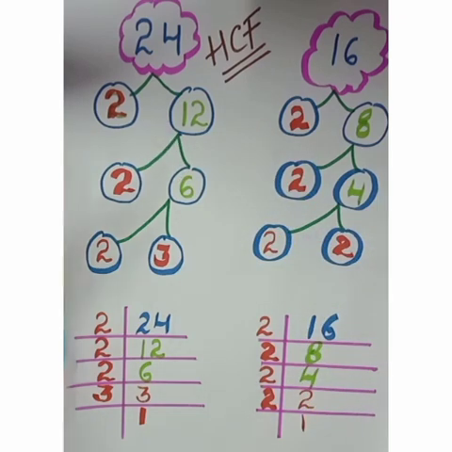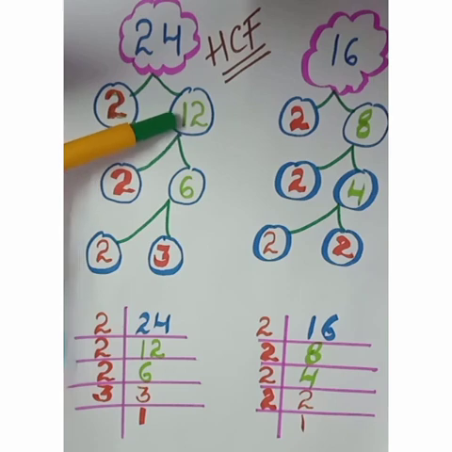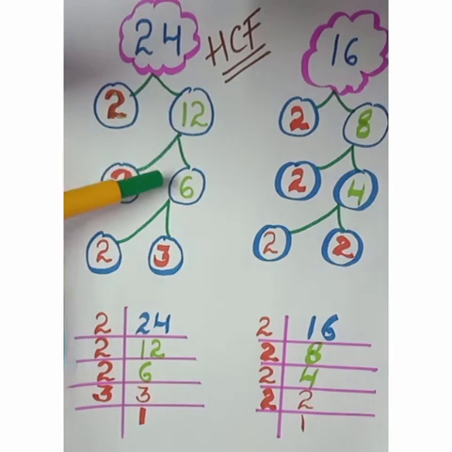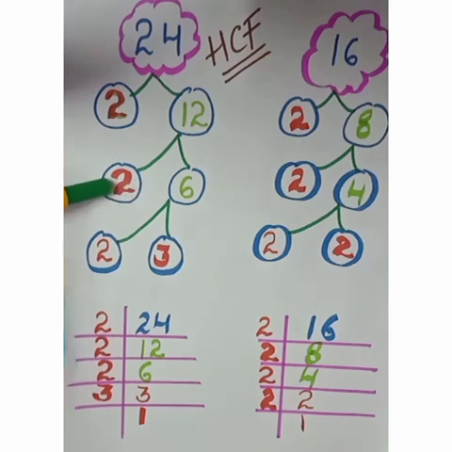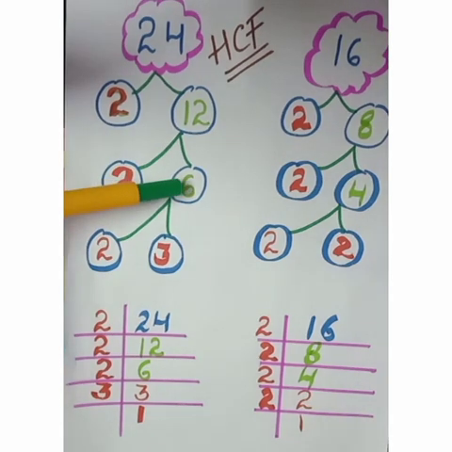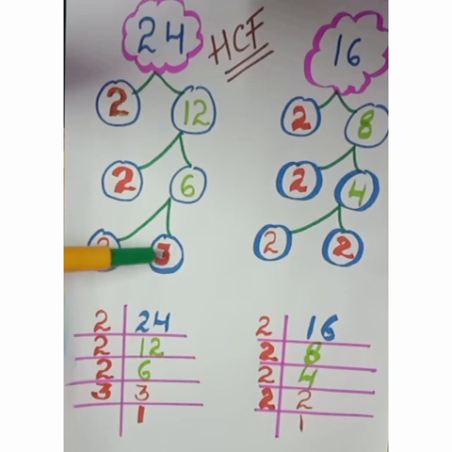Firstly we have to take the number 24 and split it into prime numbers. We got 12. Now 12 is a composite number, so we can split it again. 2 multiply 6 is 12. Now 2 is a prime number, so we cannot split it. So we split the number 6. When we split, we got 2 and 3. So in 24, we got the prime factors 2, 2, 2 and 3.